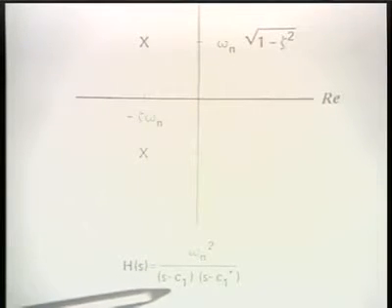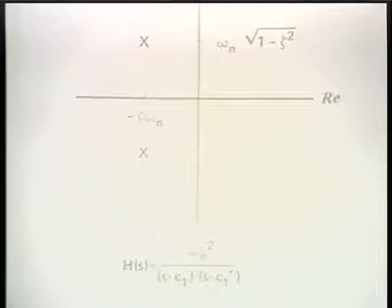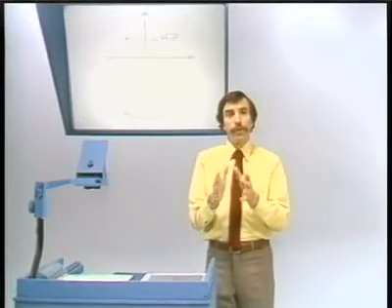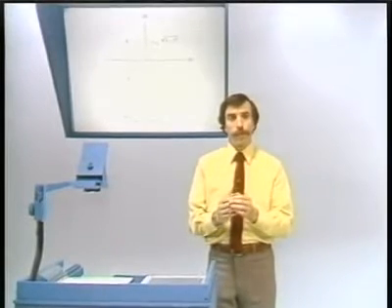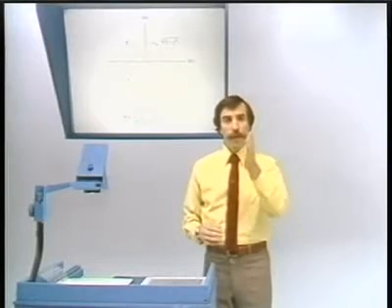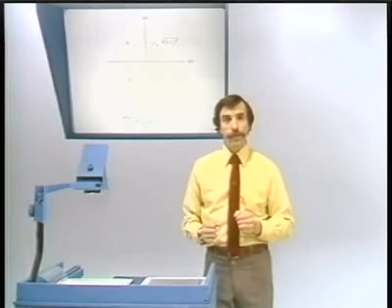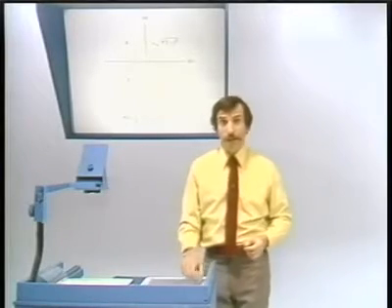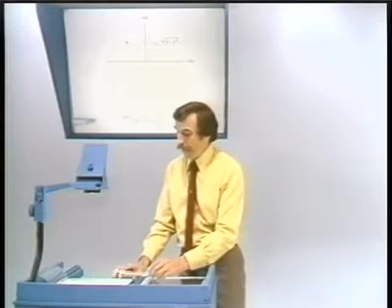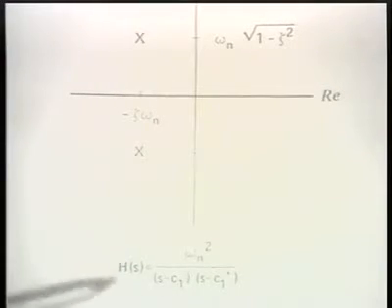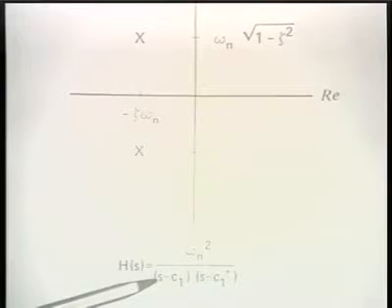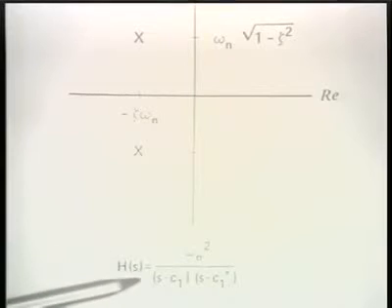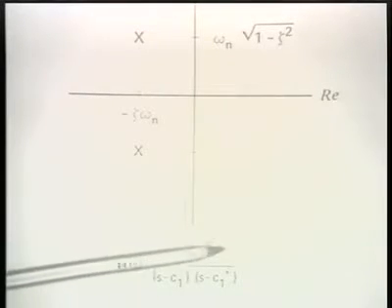Now, what we want to look at is the frequency response of the system, and that corresponds to looking at the Fourier transform of the impulse response, which is the Laplace transform on the j omega axis. So we want to examine what H of s is as we move along the j omega axis, and notice that to do that, in this algebraic expression, we want to set s equal to j omega and then evaluate, for example, if we want to look at the magnitude of the frequency response, the magnitude of the complex